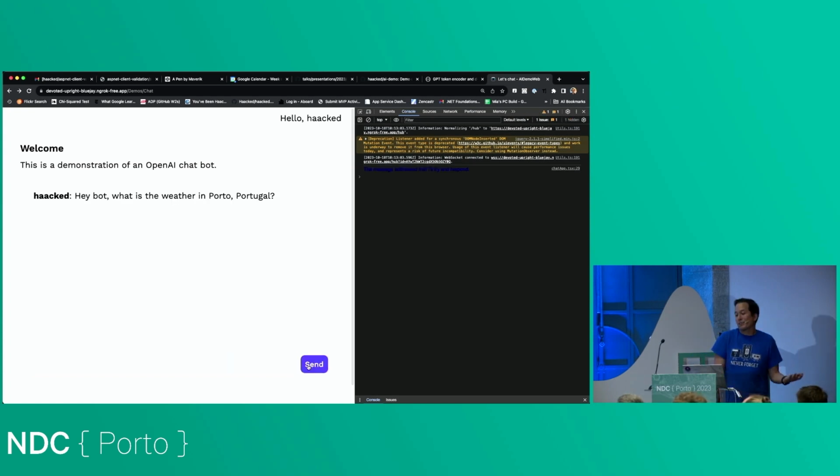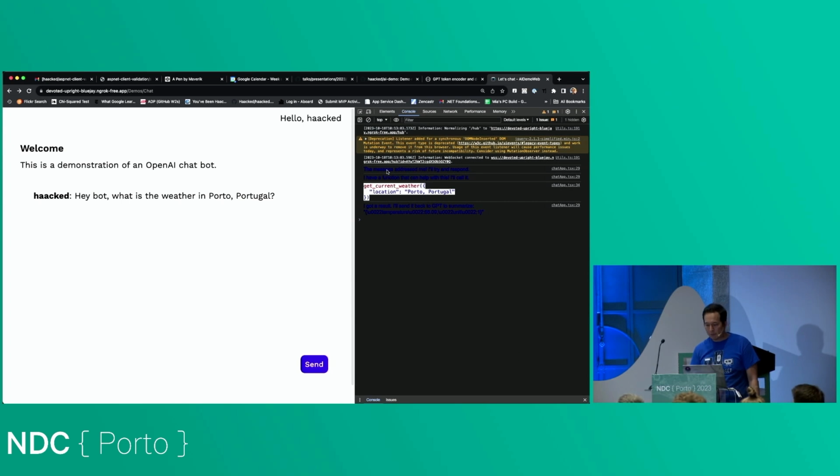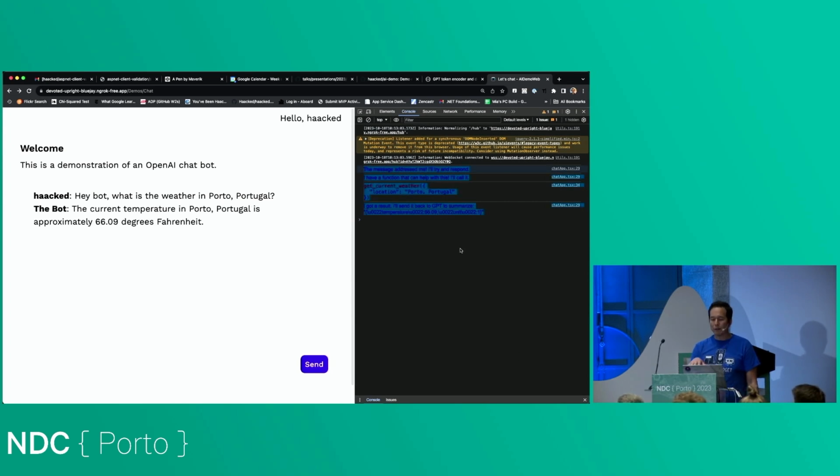I mean, it doesn't take an AI to know it's rainy, but one of the things I want you to notice here is... oh man. So what I'm doing here is I'm using custom console messages. This is a React app, and I'm using custom console messages to show what is going on under the hood with the AI. With every prompt, I ask it to also provide a reasoning, and that's where I'm piping it into. It's hard to see here, but it says the message addressed me, I'll try to respond. I have a function that can help with this. I'll call get current weather, location Porto, Portugal. And I got a result. I'll send it back to GPT to summarize.